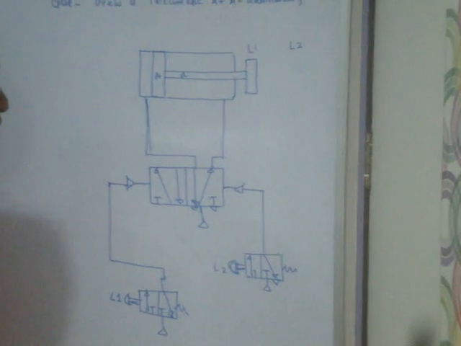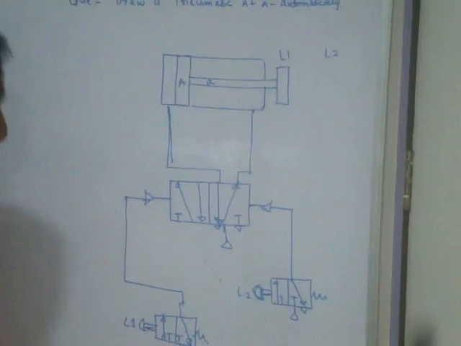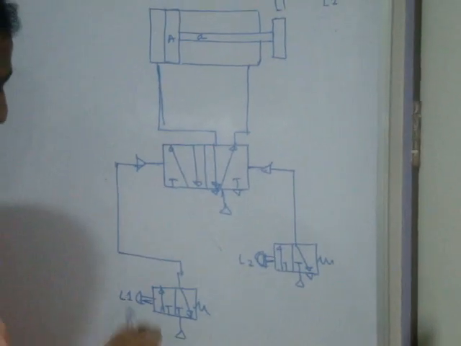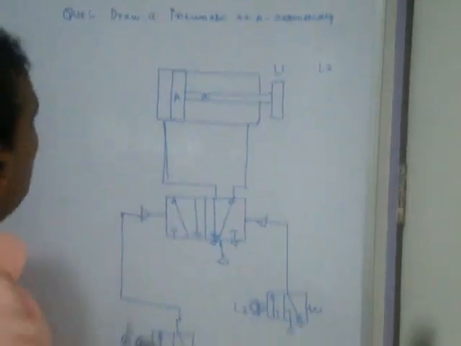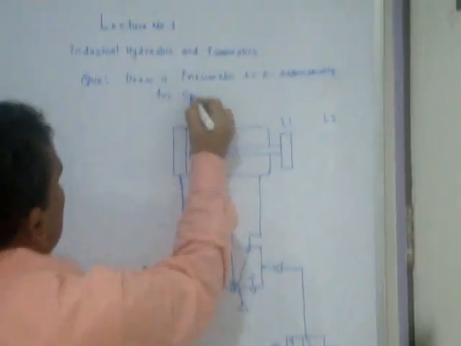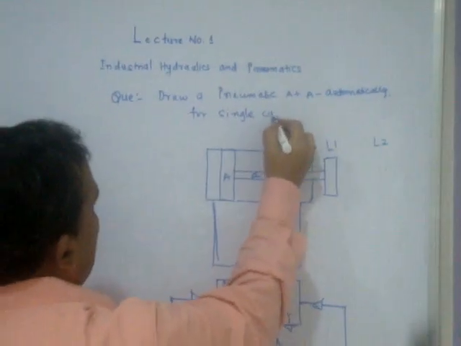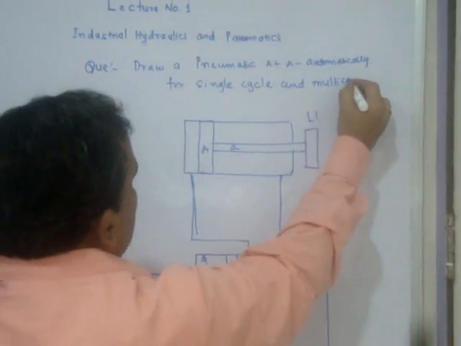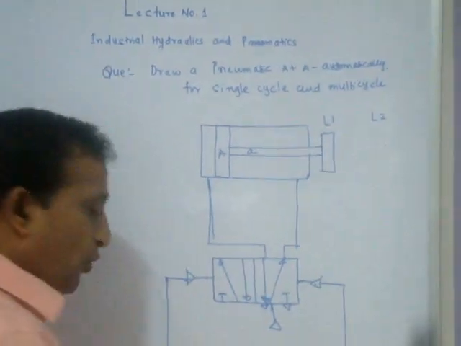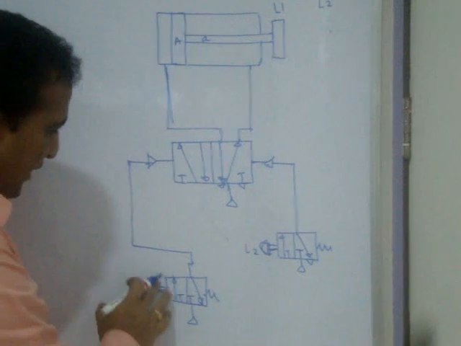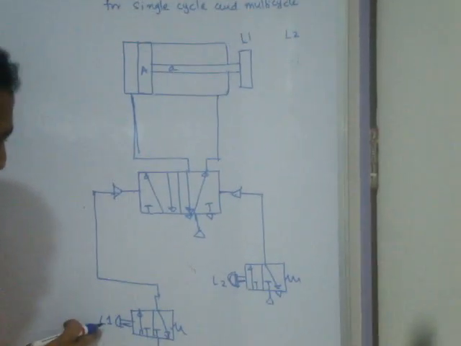If you will ask for what? Single cycle and multi-cycle. So how to make it single cycle and multi-cycle? Now draw a pneumatic A plus automatically for single cycle and multi-cycle. Suppose you want only one cycle, you should operate. You want more than one cycle automatically, you should operate. So here I will control here, when it pushes here L1,